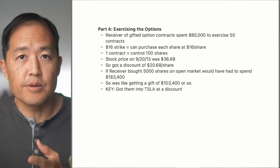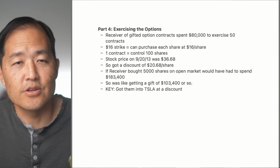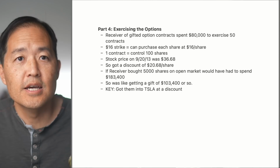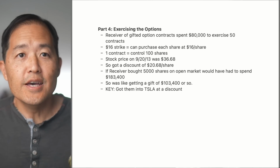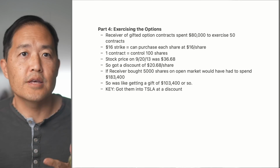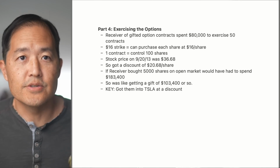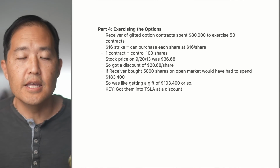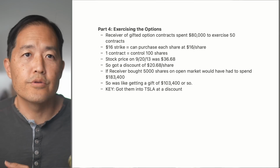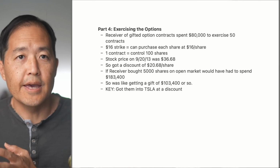If the receiver, the person who received the gift, would have bought 5,000 shares on the open market at the market price, they would have had to spend $183,400. So they're saving over $100,000, and this is the power of the gift. For me, originally it only cost like $6,800, right? These option contracts ended up becoming a gift worth $100,000 to them,